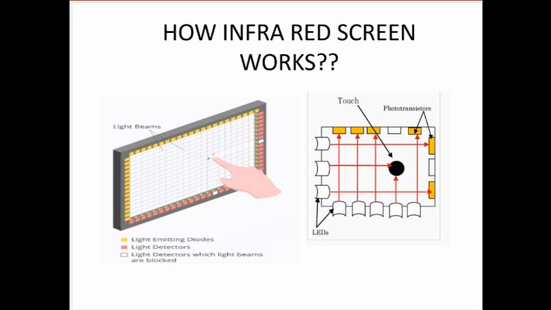As we switch on the device, LEDs will start emitting rays and photosensors opposite to them will receive them. If we touch the screen, infrared light will get blocked and the sensor won't receive any signal. Hence, two beams of light will break by one touch, one from the horizontal axis and one from the vertical axis. This provides X and Y coordinates on screen which will get recognized by the processor and the action gets determined.